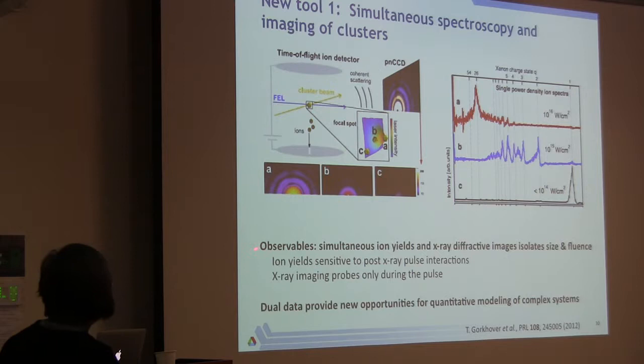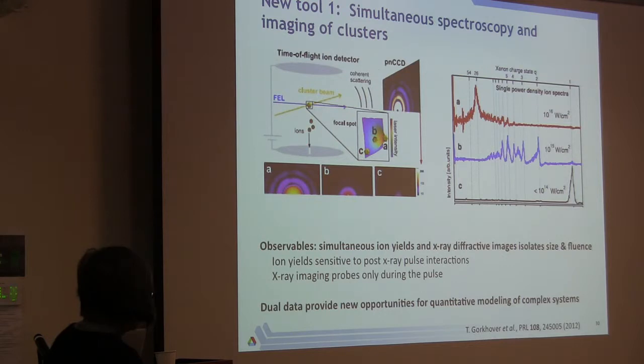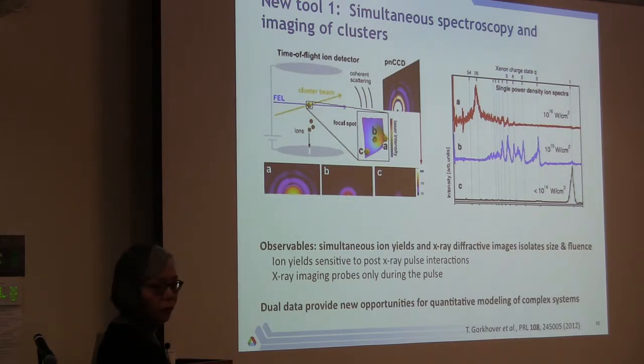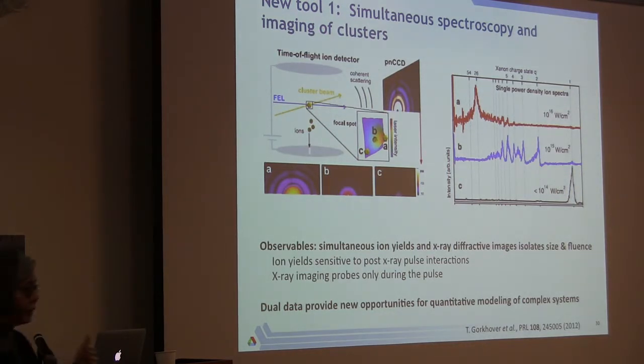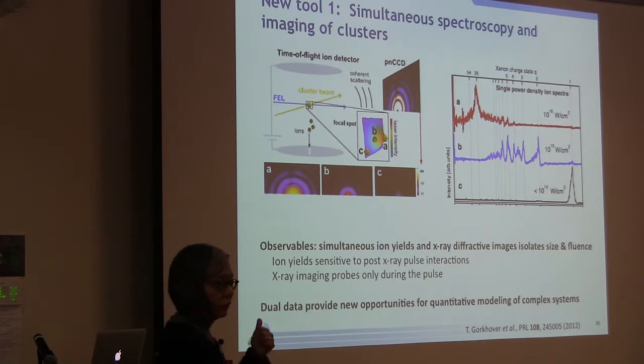And the point is, the ion yields are sensitive to these post-X-ray pulse interactions, and the X-ray imaging is just during the pulse. But if you have both these pieces of data together, you actually have a lot of opportunities for quantitative modeling. Because it turns out that you can, in fact, isolate single pulse, single cluster interactions,